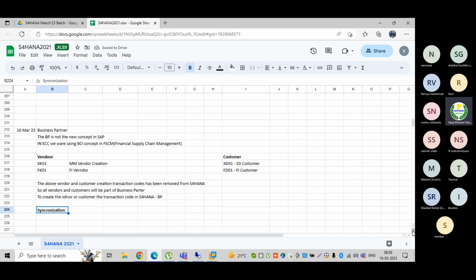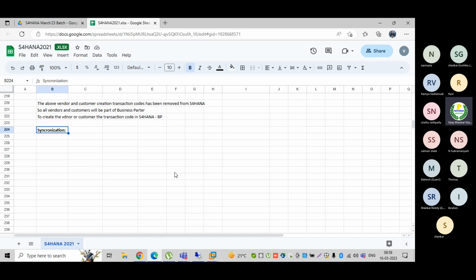Now the synchronization concept. What is meant by synchronization? Before getting to understand it, I will explain this, which is very important from an interview point of view. If you want, you can take a note. CVI integration: people may ask in interviews what is meant by CVI integration.